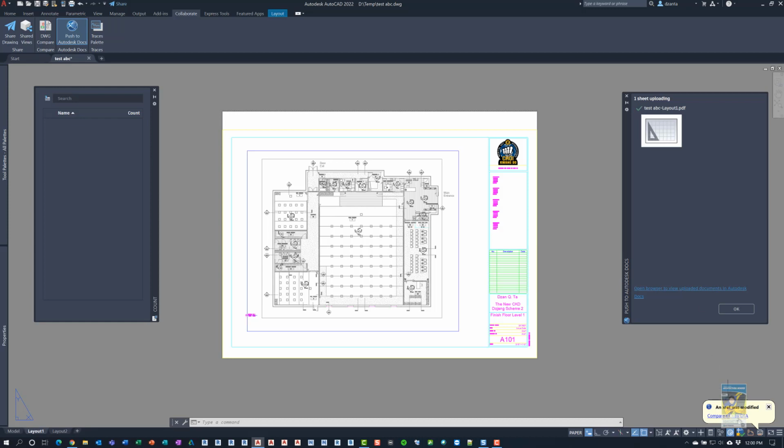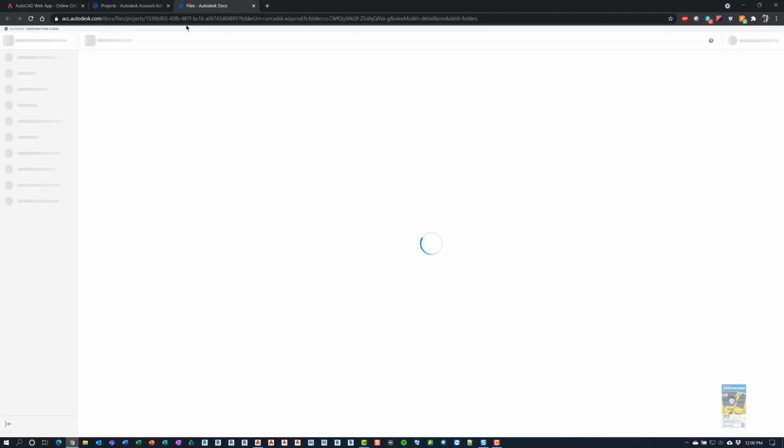When it's finished, it'll give you a green check mark, and you can click Open Browser to view uploaded documents in Autodesk Docs. And here's that little window that tells you that it finished doing it. Okay, so then I'm going to click this little piece of text. It's going to open up my